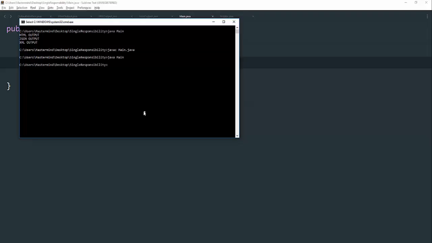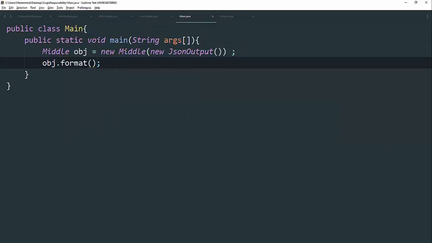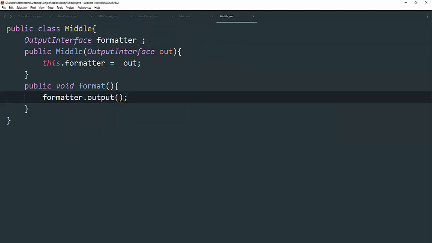Let's say javac Main, then java Main. We notice here that it outputted JSON output, sending through the Middle function, the Middle class, and this Middle class has an output interface formatter. You just send the type of format you want to format your output in, and you